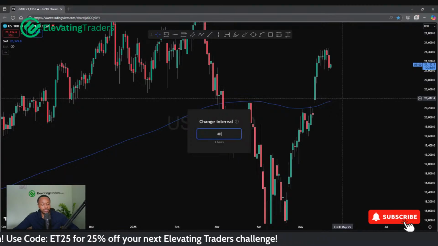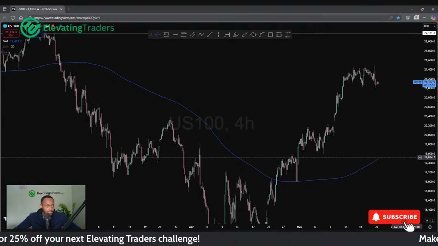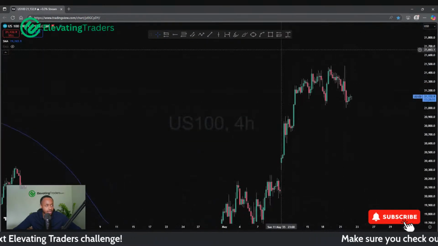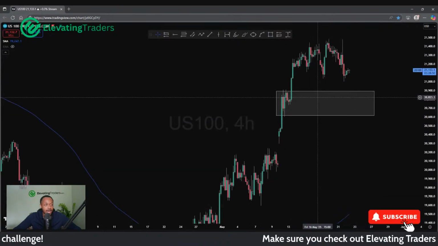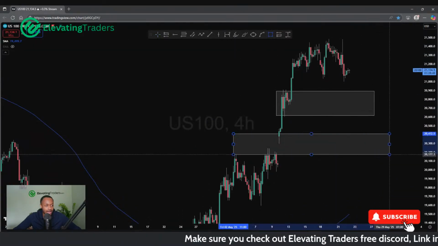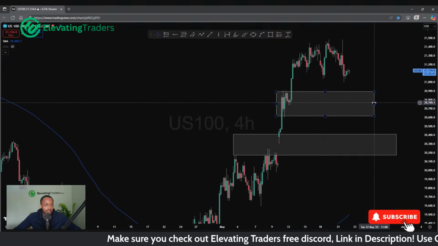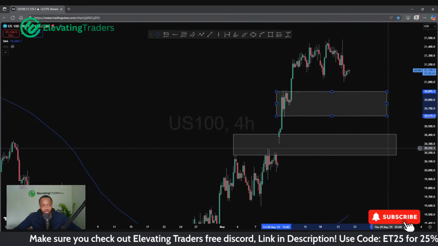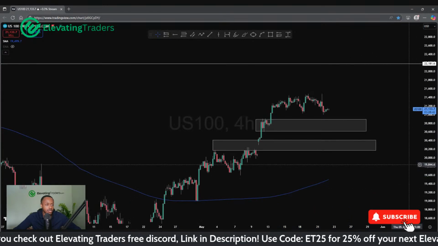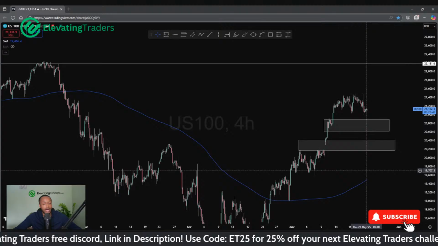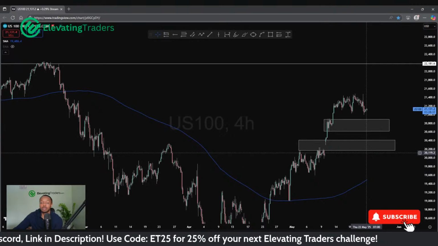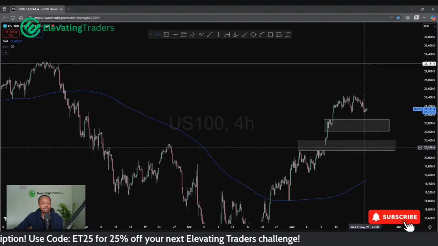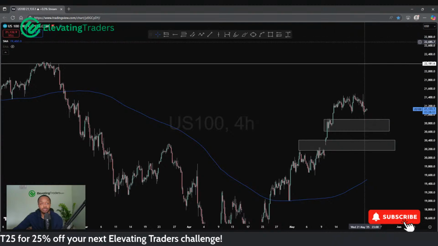But in terms of actually finding opportunities for these pairs, for NAS 100, I still stand by this area and this area below us as well. We had that big gap in the market too. If this level doesn't hold, well then on to the next level. Those are the two levels that look really, really good to me. And two levels where, if we can reject, well, you can position for a really big swing trade back to the all-time highs.